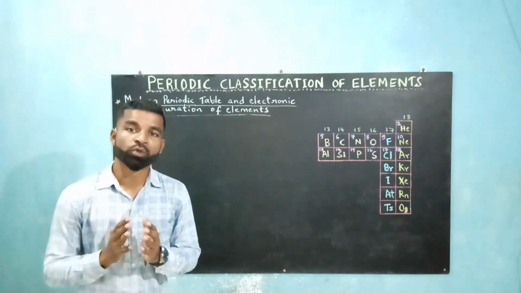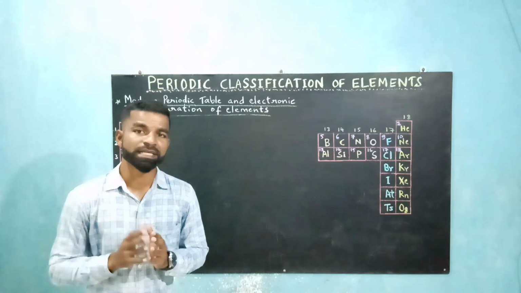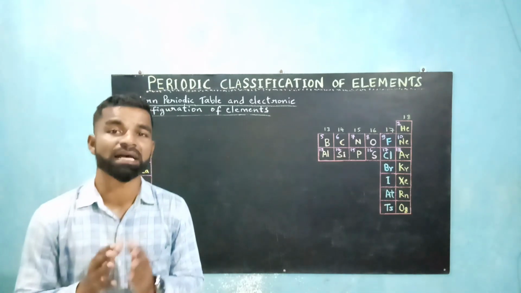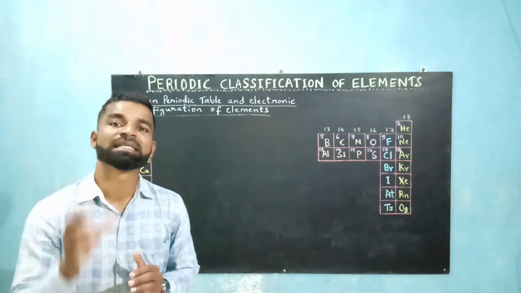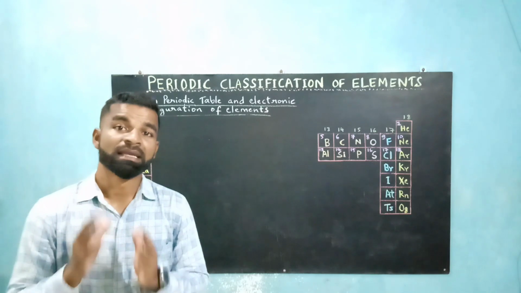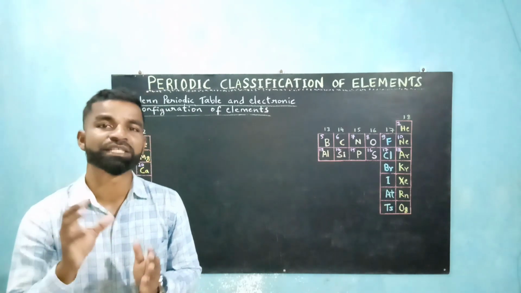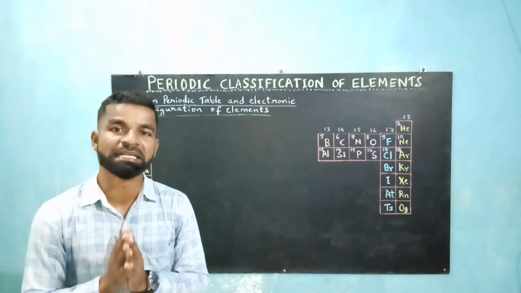Elements in the same group show similarities and gradation in their properties. If you consider a group, the elements are very similar to each other in their properties, and as you go down the group, there is gradation in their properties. That is, their properties repeat, but there is a small change in their properties. Their properties change by a very small degree.